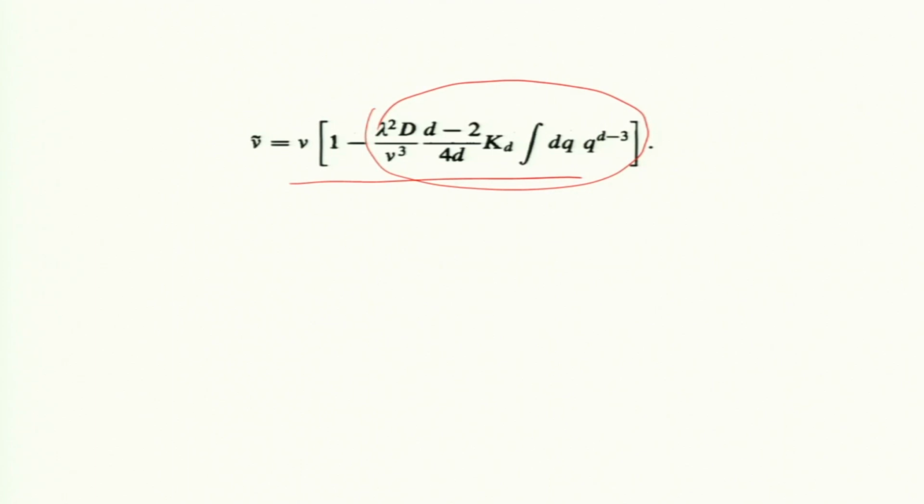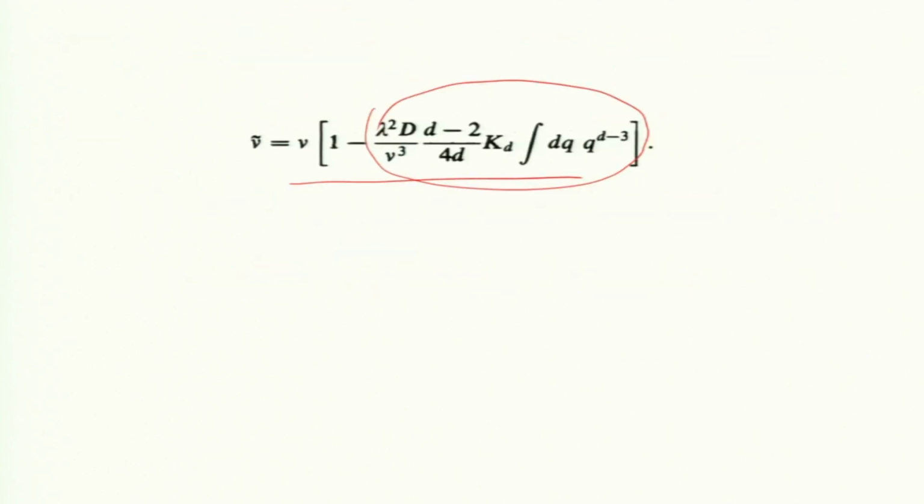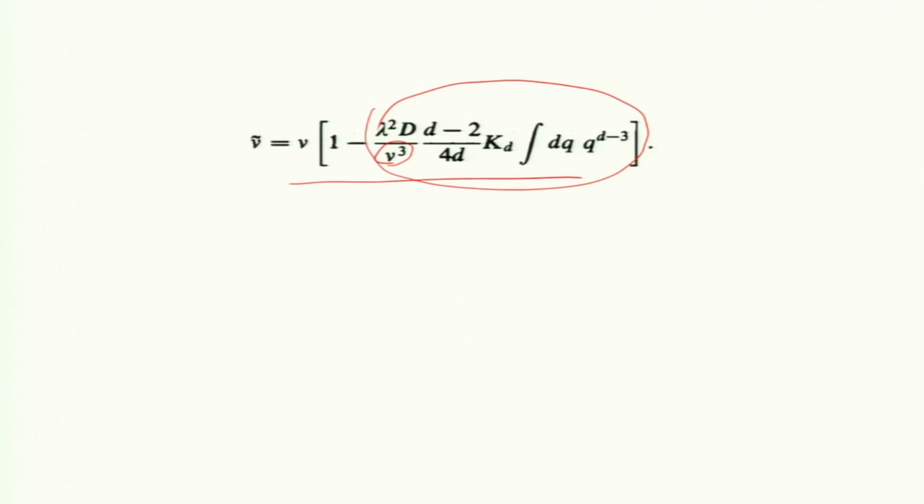The form looks similar, and lambda squared D. Why, by the way, is D coming? D is coming because of these two etas, right? Eta q, eta minus q, that is D, no? Eta squared is D. So, we get this D, lambda squared D, and why this nu cubed? In this there are a lot of approximations made. We set omega to 0, low frequency modes, large time scale, and the nu is coming. How many G's are there? 3 G's, 1 G, 2 G, 3 G. Okay. So, 3 G's gives you nu cubed.